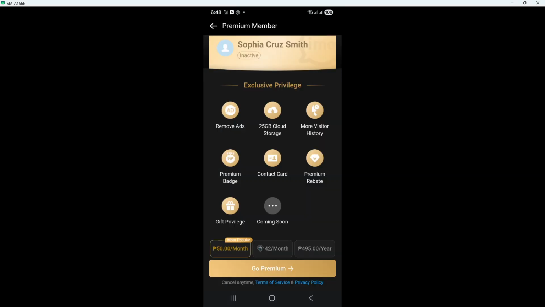Next, choose a subscription plan. Depending on your region or device, you may see different billing options, such as a monthly or longer-term plan. Pick the one that works best for you. If you want flexibility, a shorter plan may be better. If you plan to keep using the app regularly, a longer plan may be the more convenient choice.